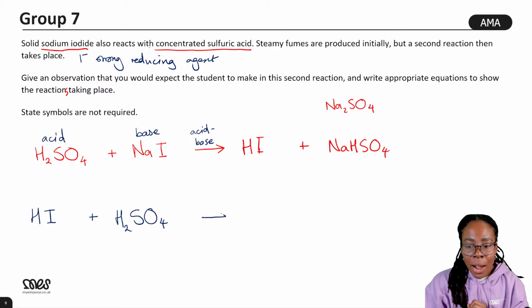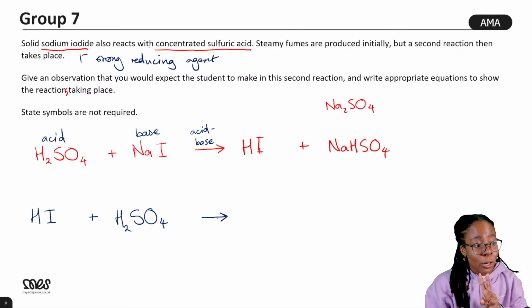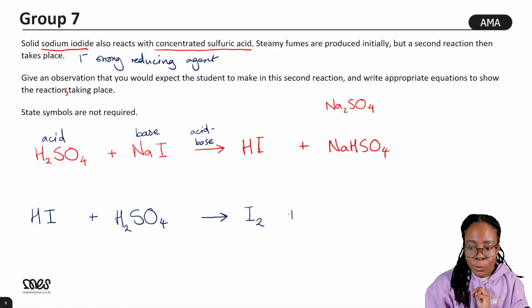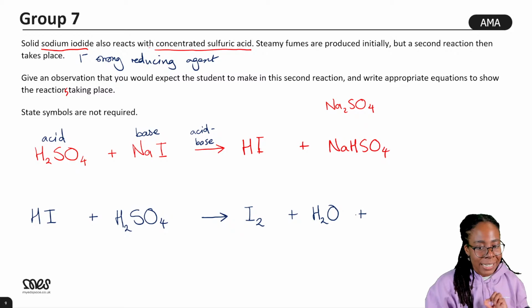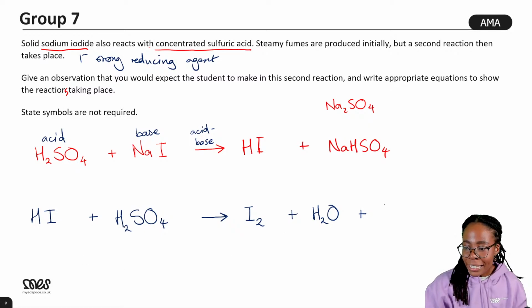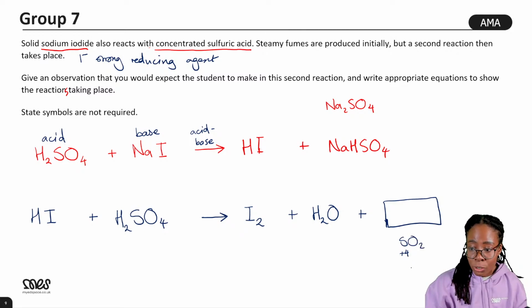Now our products, there are two products that are going to be the same regardless. You are going to produce the halogen, so iodine. You're going to produce water, and then you're going to produce a sulfur-containing compound. Because iodide is such a strong reducing agent, it is able to reduce the sulfur down to the +4 oxidation state in SO2, the 0 oxidation state in S,